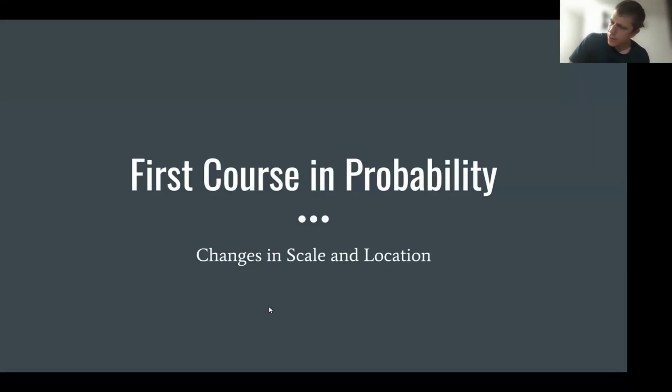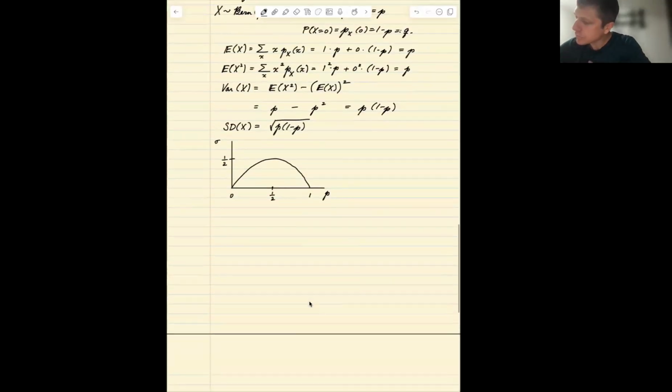Okay, our next topic on the topic of variance is how is the variance impacted when we transform the random variable by what's called a change in scale and location. All right, so